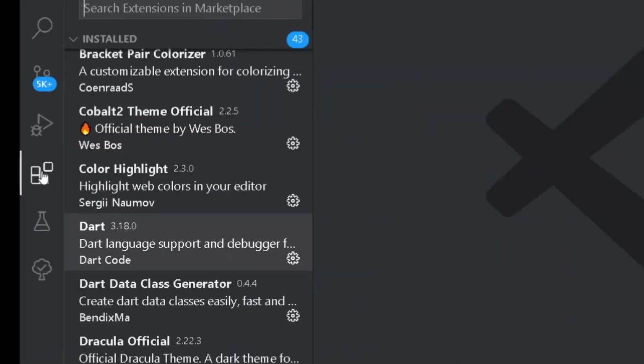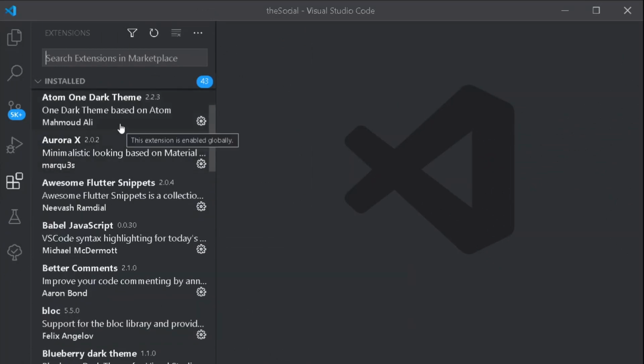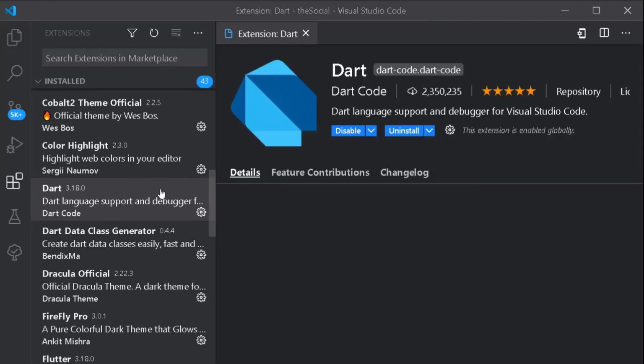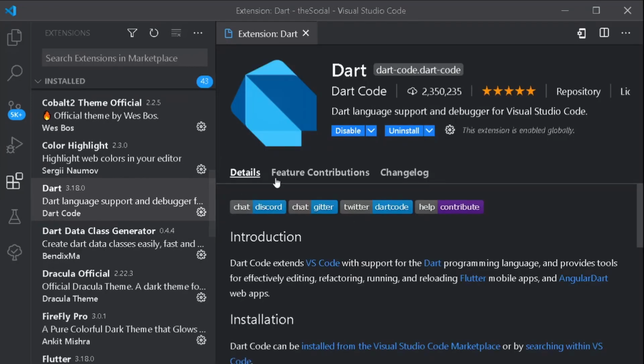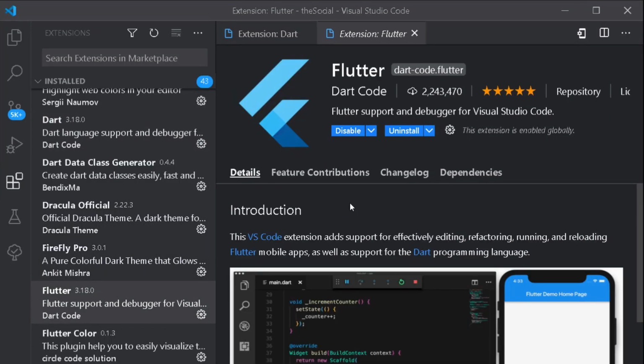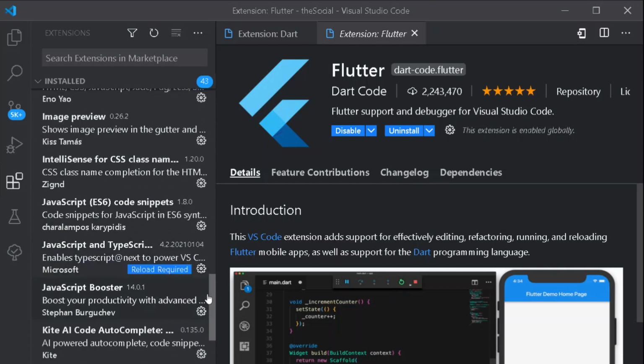So in my Visual Studio Code, if I move under my extensions, here are numerous extensions. The most important extension for Visual Studio Code will be Dart, which is the language extension itself. After having the following extension, the next extension shall be nothing but Flutter. So after having both the extensions of Dart and Flutter, the other important extensions that I will recommend to you